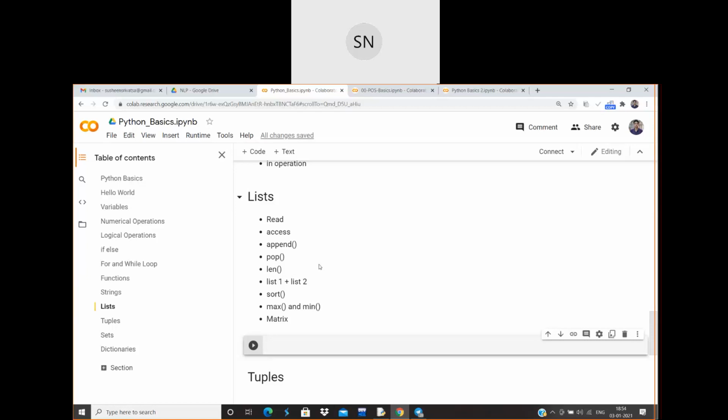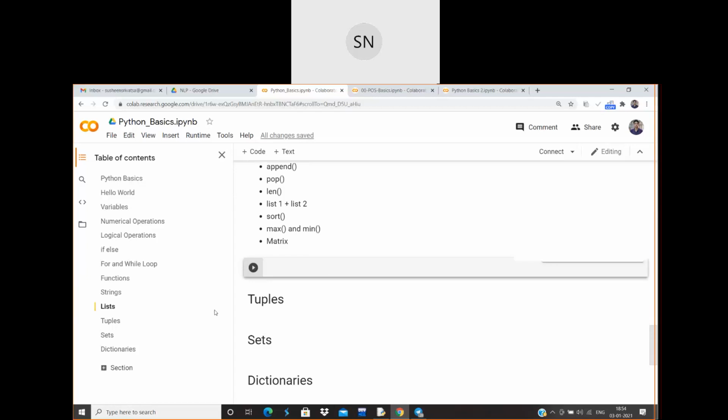So in this we'll be taking the help of the list. It is just similar to an array, but in Python we call it a list. Let me tell you the syntax for how to write a list. Let me initialize the value a is equal to, okay, let me write it like this only.